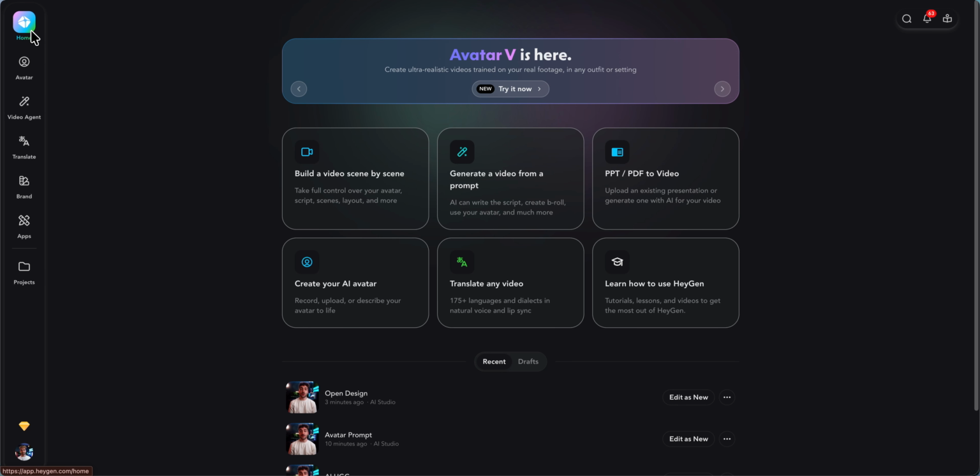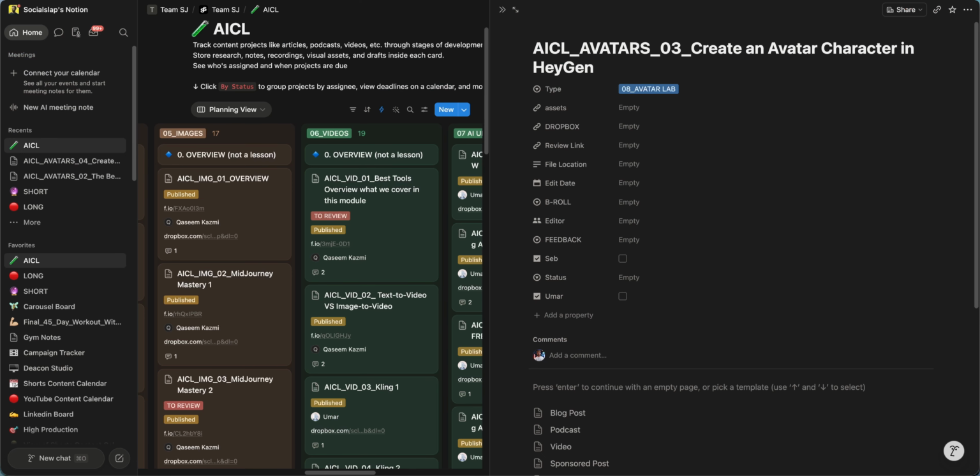Alright, now in this lesson I'm going to show you how you can create your own AI clone. This lesson is going to be showing you how to create your own avatar character inside of HeyGen. Where this differs from the previous video that you watched, or the one after, on creating your own AI avatar, is that this one is going to allow you to create avatars using just an image, no video